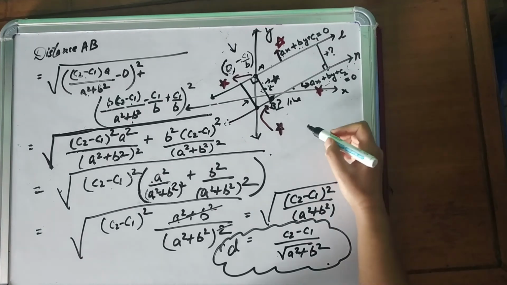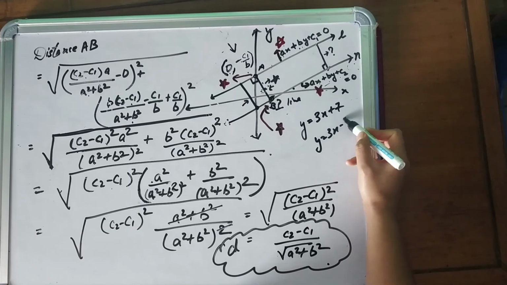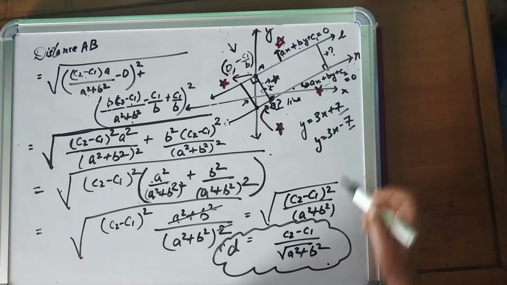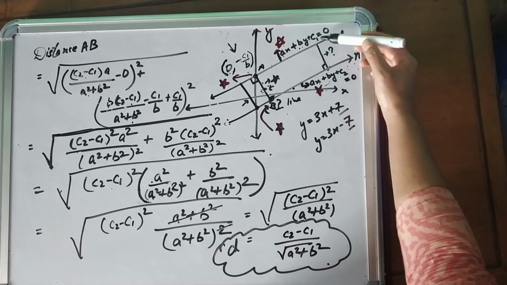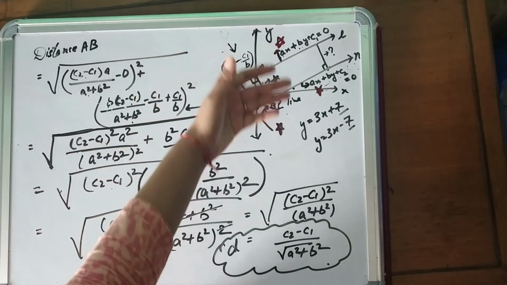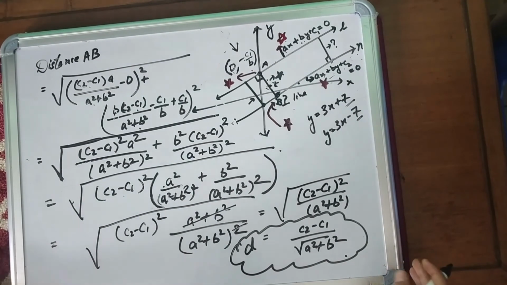Okay, if your lines are given in the format y equals 3x plus 7 and y equals 3x minus 7, then you cannot choose this as your c's. See, this is C2 and C1, where C2 and C1 are variables, not the intercept. I have told you earlier also. As this is derived for the standard form, it can be used for the standard form only. If the formula is derived for the slope intercept form, then it can be used only for the slope intercept form.